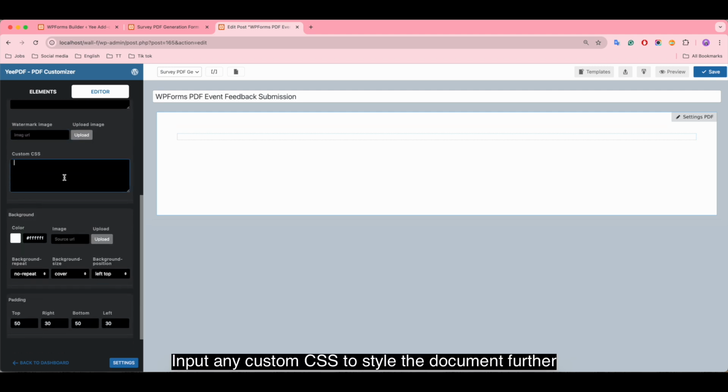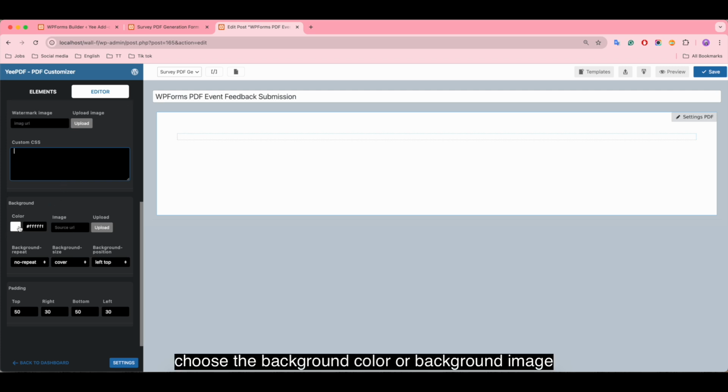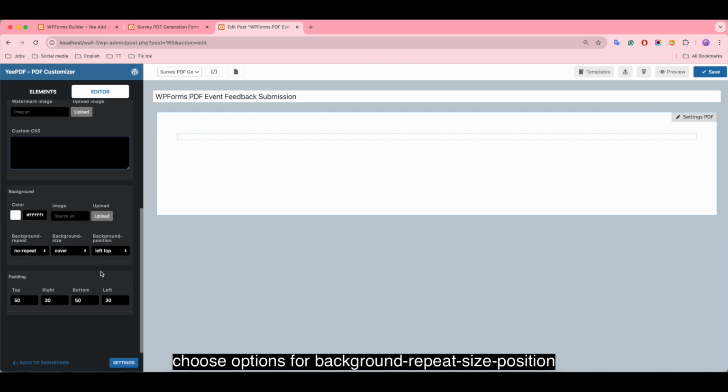Input any custom CSS to style the document further. Choose the background color or background image. Choose options for background repeat, size, and position. Adjust the padding.